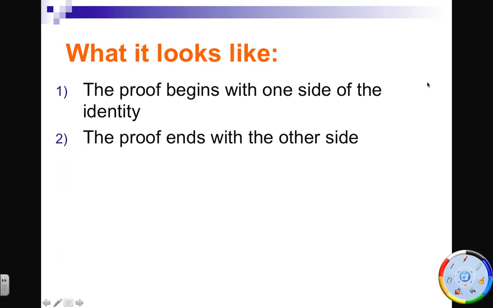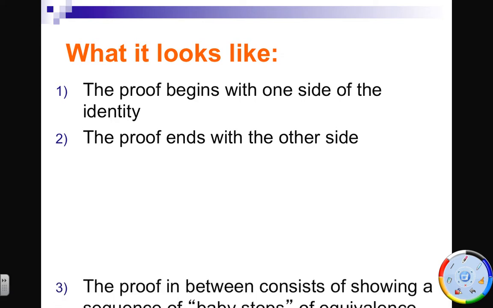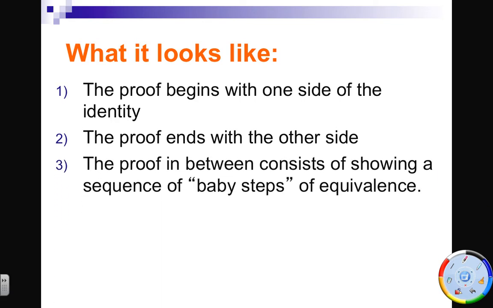So the proof starts with one side of the identity, so one side of the equal sign. Whenever I say one side, that means across the equal sign there. And the proof ends with the other side. So you have to make the left look like the right, or the right look like the left. The proof in between consists of showing a sequence of baby steps of equivalence, which basically means you're writing down